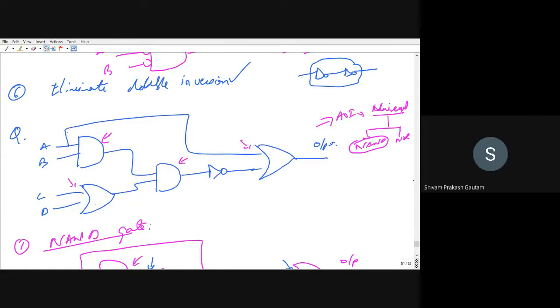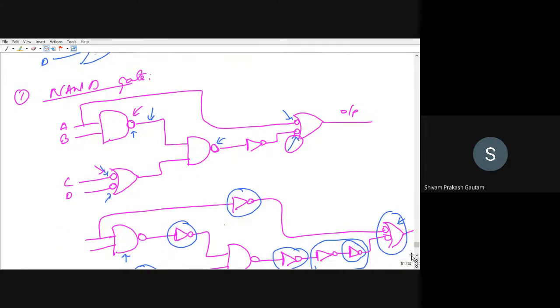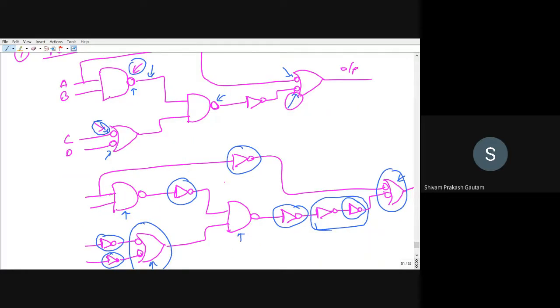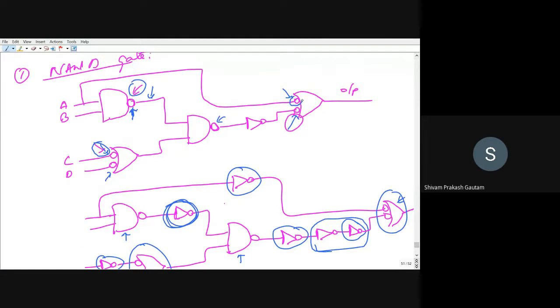Yes. So for NAND gate, what you have to do, you have to apply a bubble to the output of AND gate. You can see here, at the output of AND gate we have applied a bubble, and at the input of OR gate. Wherever OR gate is there, you have to provide a bubble at the input of OR gate. So this step is clear. Next, wherever you have applied a bubble or a circle, you have to add an inverter in that line. Suppose if you have added a circle here in this line, so we have added an inverter here, right? This you can see we have added a circle here. So because of this, we have added an inverter here in this line.